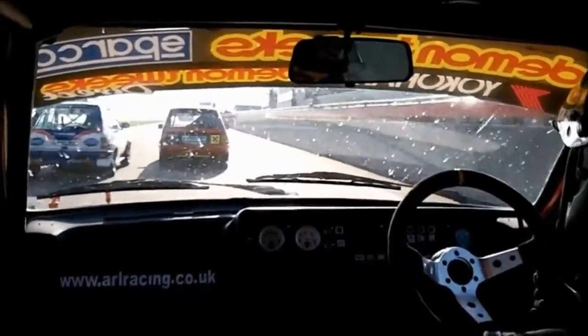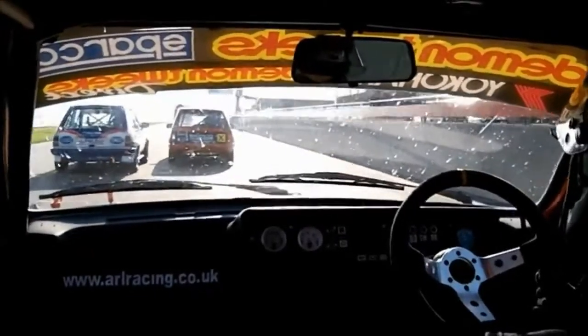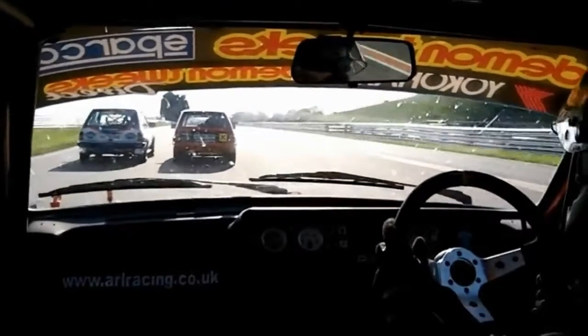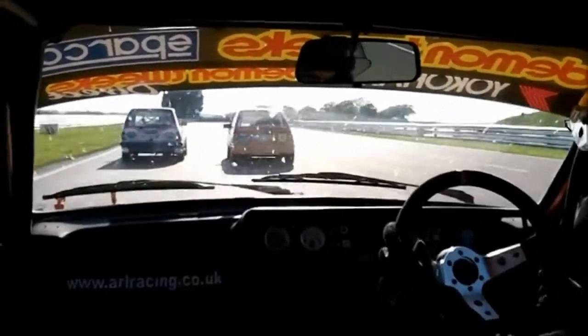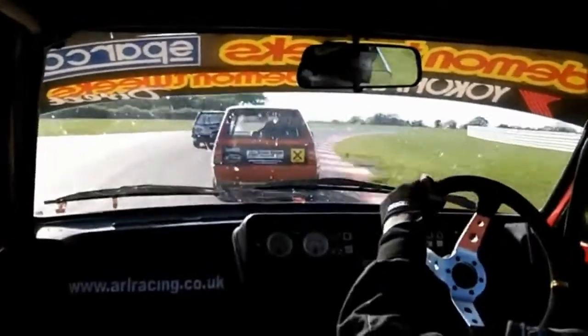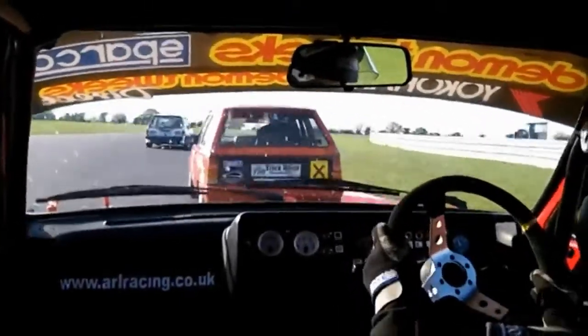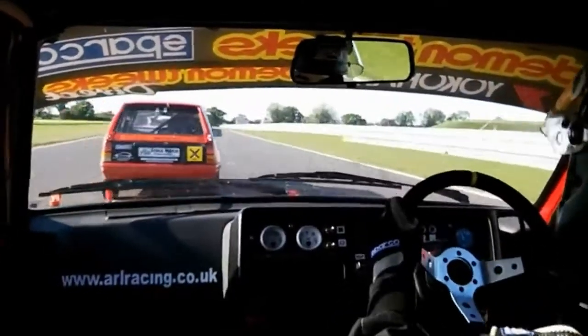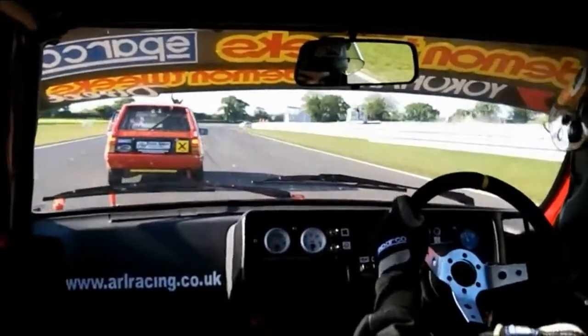That's a triple championship winning car, twice with Pip Hammond and once with Damien Cottrell last year. Gibson though fighting him round the outside, and Dan Gibson goes right round the outside into Richie. A great move from Dan Gibson there to get past Mervyn Beckett right round the outside. He's actually gapped him. He carried so much speed round the outside compared to what Mervyn Beckett did on the